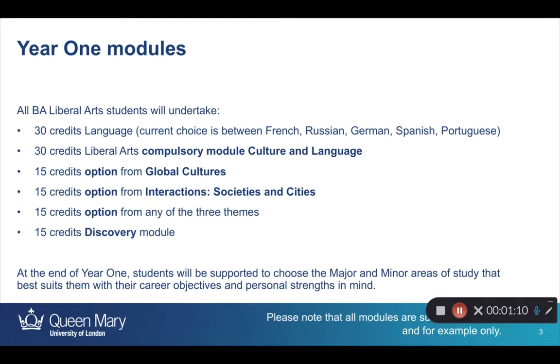You have to take a compulsory culture and language module, which not only introduces you to most of the skills that you will need for the analysis of modules in the liberal arts, but also gives you a grounding in the study of culture and language, particularly relating to the study of a culture related to a language. Now, you also have to do 15 credits from the other two themes, from global cultures, from interactions, societies and cities,